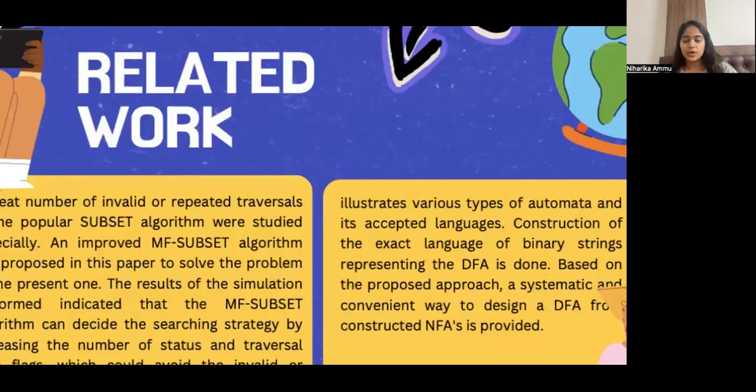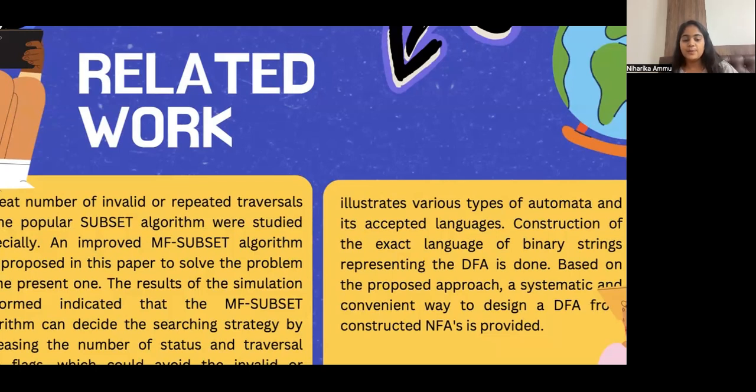So, related works. A great number of invalid or repeated traversals in the popular subset algorithm were studied, and an improved MF subset algorithm was proposed in this paper to solve the problem of the present one. The result of the simulation performed indicated that MF subset increases the number of state traversal path flags, which could avoid the invalid or repeated traversal operation,